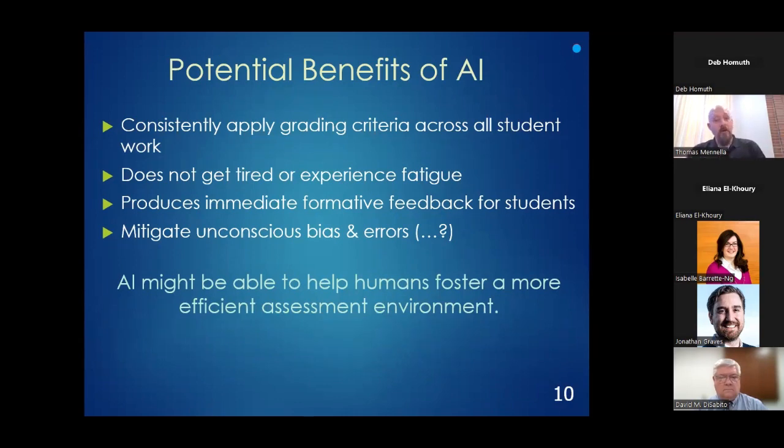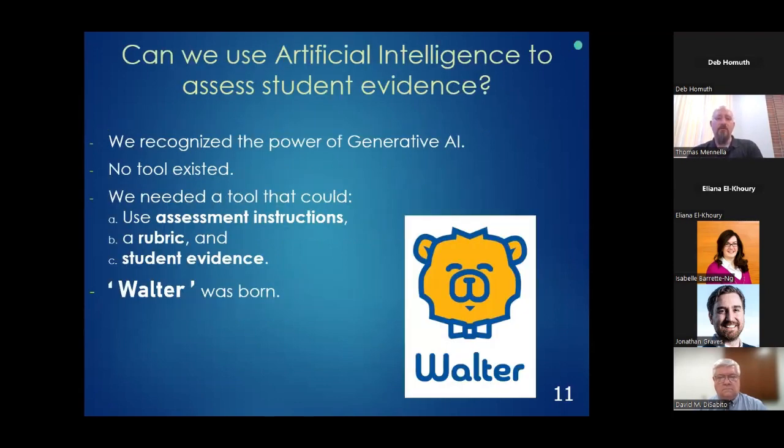Also, there are students who come to office hours regularly, and we know they're trying really hard, even when the work they're producing might be subpar. There are other students that we know aren't putting out their best effort, and all of this comes together to give some bias. We make mistakes, our consistency changes, our biases manifest, and our question was whether or not a lot of this would be mitigated by using generative AI. In other words, could these AI tools help humans foster a more efficient and consistent assessment environment? That was our overarching question. Now, we'll tell you more of the details of how we did this study.